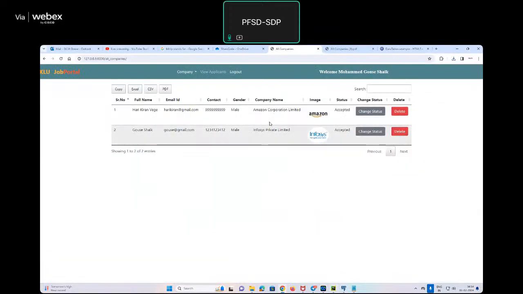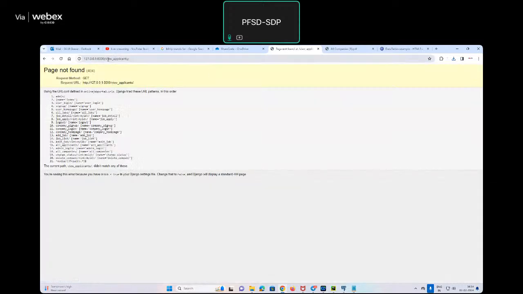Okay. Anyhow. See in the navbar, admin navbar, I have given view applicants also. Whatever user has applied for a specific company, those applicants have to be visible to the admin also. Am I right? He is a super user. So for the super user, everything must be known. So that's why if I click view applicants, it is not going to be displayed because we need to implement it, right? So